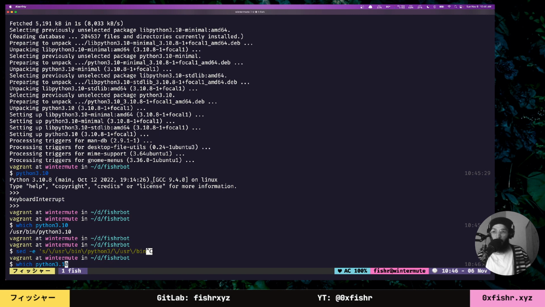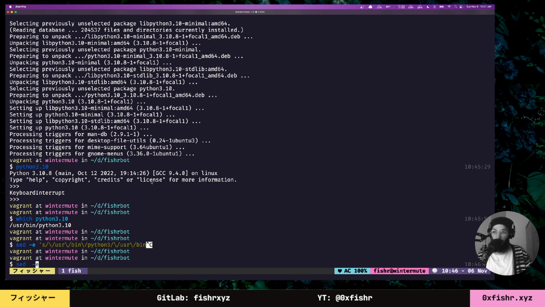Actually, no, I think I can use a different separator, right? I can do s and use hash pound signs, and then I can do /usr/bin/python3. I add the user bin, like the full path, because I'm not sure if I have anything called Python 3 elsewhere in the file, and I don't want to mess anything up. So I'll do /usr/bin/python3, and we'll do /usr/bin/python3.10, and we'll go